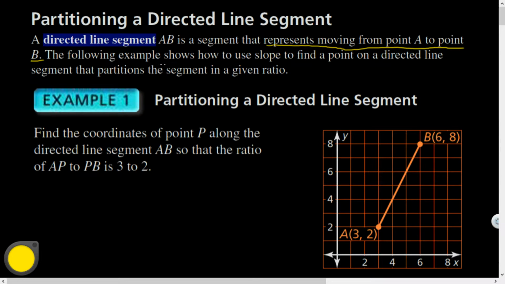It says the following example shows how to use slope to find a point on a directed line segment that partitions the segment in a given ratio. So it says the following. Find the coordinates of point P along the directed line segment AB,